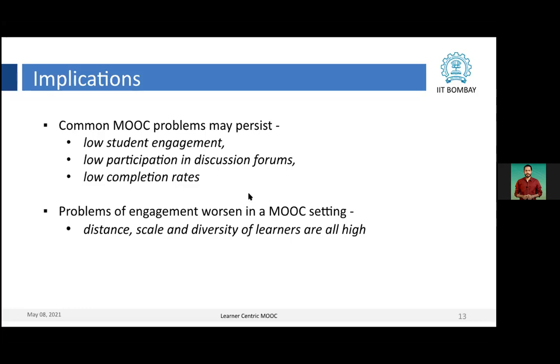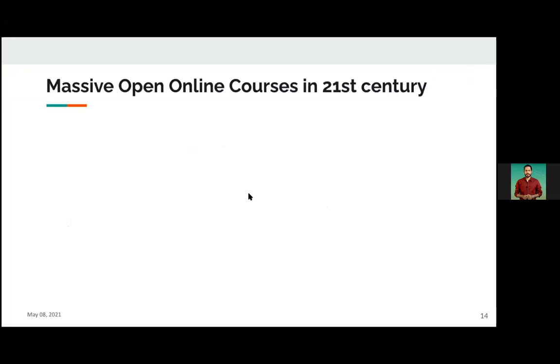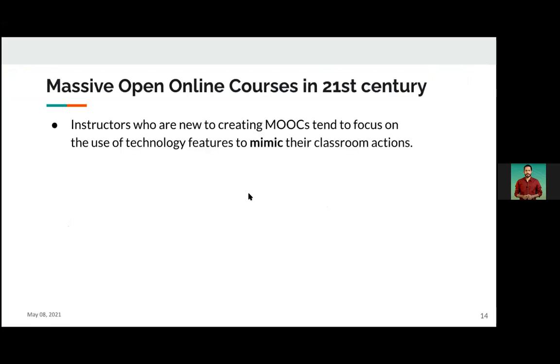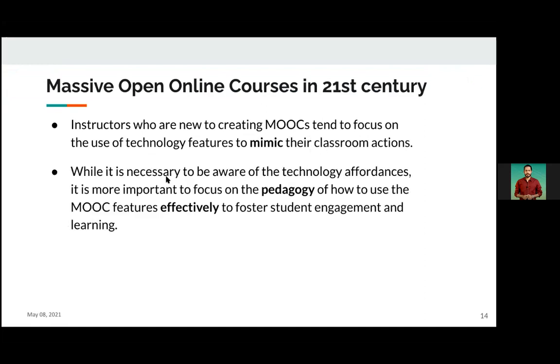So to broadly talk about MOOCs in the 21st century, I would like to summarize these points: teachers who are new to creating MOOCs tend to focus on the use of technology for mimicking their classroom actions. But it is also necessary to be aware of technology affordances. It's really important to focus on the pedagogy part of how to use MOOC features effectively, like the way we saw in the previous session.